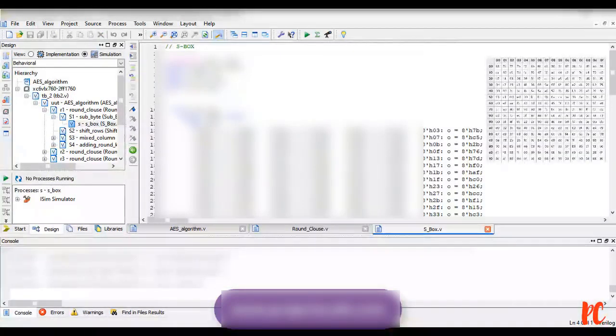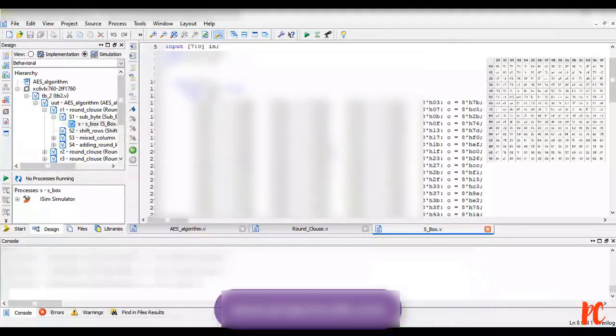Where you will be having a predefined table. So you can observe here that the table has been defined. As said earlier, it is being defined with respect to hexa operation, right? So it is a predefined table using a case statement, complete in terms of hexa operation. You can observe.